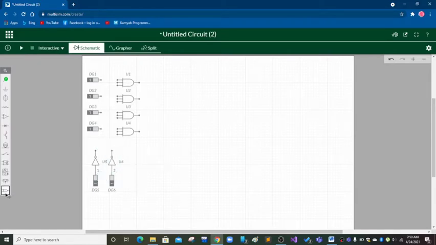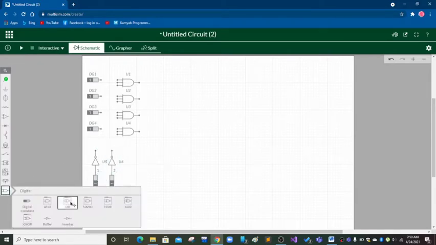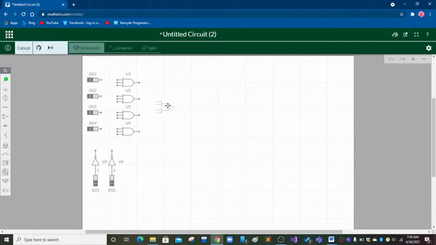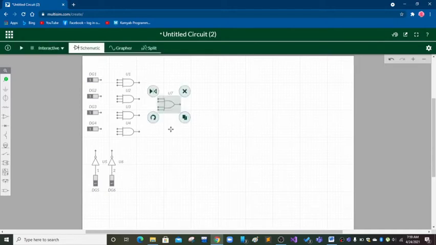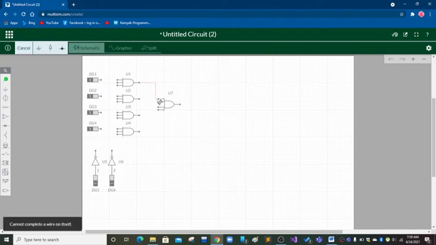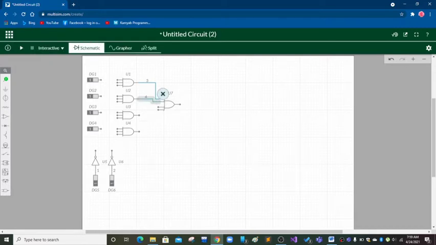And then we need a 4-input OR gate. We are connecting them and the AND gates to the OR gate.